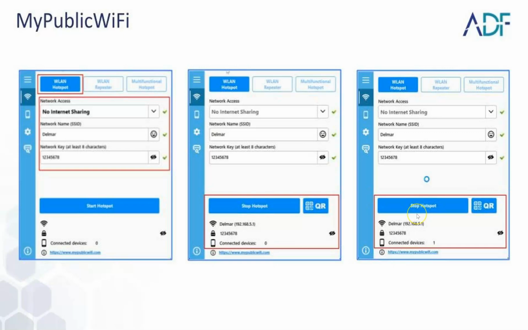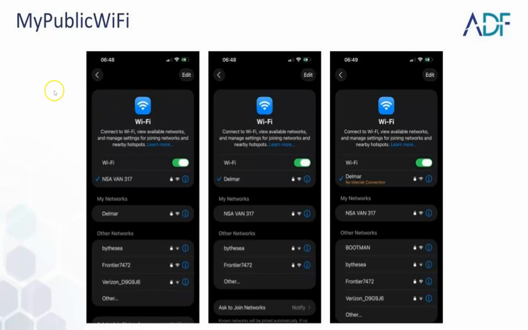And then third, you can see I connected a device through that. How did I connect it? So on my device, I went to Wi-Fi. You can see it was connected to my router here, and Delmar is available. I just switched it, connected to Delmar, and you can see it is connected as a Wi-Fi connection with no internet connection, right? So I have the Wi-Fi protocol between the phone and the computer, and there is no internet